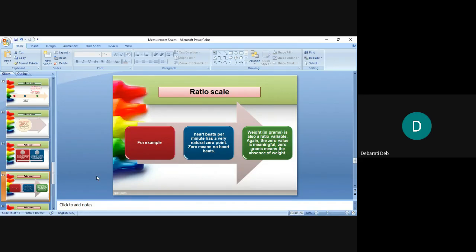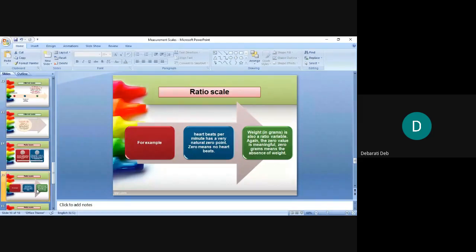Give me another example if it comes to your mind of a ratio scale. Tell me any attribute which has an absolute 0, which starts with a 0. Ma'am, speed, ma'am. Speed, very good. When the vehicle is not moving, it is stagnant, so the speed is 0. The moment it starts, the speedometer starts, right? Then it starts showing you the speed. Very good example. So all these attributes which have a 0 beginning, which start with a 0 point and gradually take some values, can be measured in ratio scale.